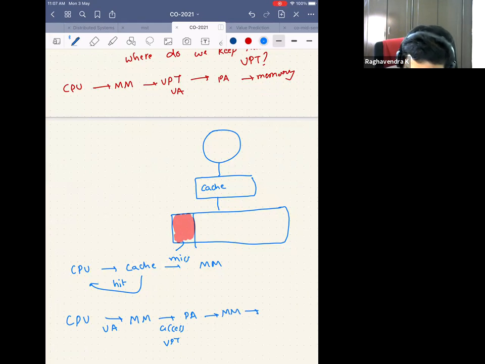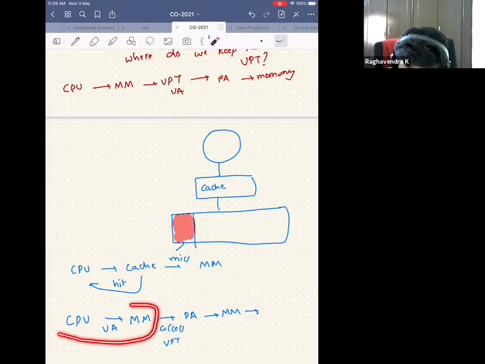But now if you see, we brought in the cache because we didn't want to go to the main memory. But now we are saying for every virtual address access, we are going to main memory. So this is not an intelligent design, because we came up with the cache because we wanted to reduce the times that we go to the main memory. But now we are saying for every access, we are going to the main memory. So this is, I think, where we stopped. If you have questions here, you can ask me. Does this make sense to you? Are there any questions?